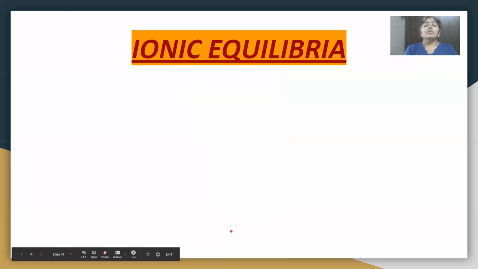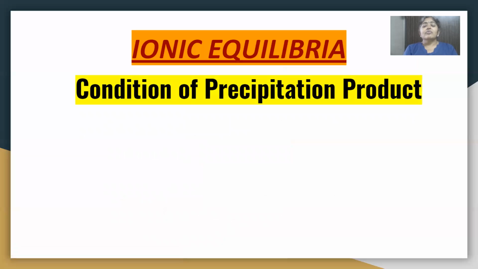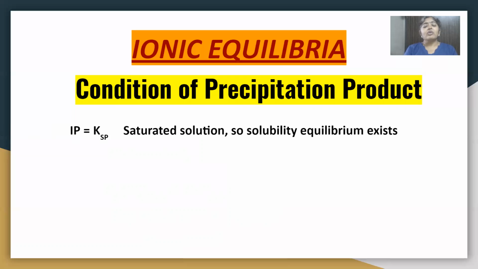All right. Now let us move ahead. The solubility product is very important because it helps us to identify whether precipitation of that solute will occur or not. If you have a solution in which a salt has been dissolved and you want to find out whether the salt will precipitate or remain in the dissolved state, we need to calculate the ionic product. The expression for ionic product is the same as for solubility product, that is the product of the molar concentrations of the ions.